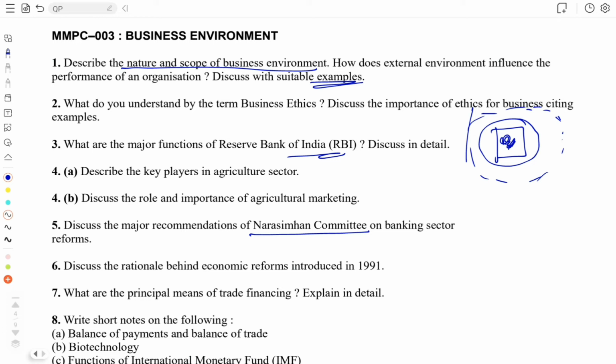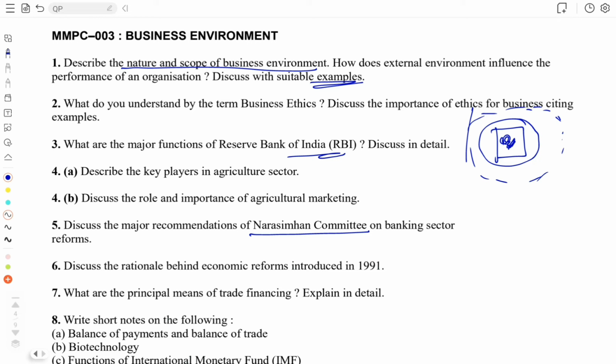Removal of dual control, interest rate determination. It provided more freedom to banks, and it allowed banks to issue bonds as well. Banks can conduct campus recruitment. Earlier it was tough for banks to get enough qualified people to run their operations. After the Narasimham committee proposal, they allowed banks to conduct campus recruitments, and that is one of the reasons why a lot of people, even in our families, even after doing BTech and all, are now going for bank coaching, and they're actually getting into banks as probationary officers and all, right?